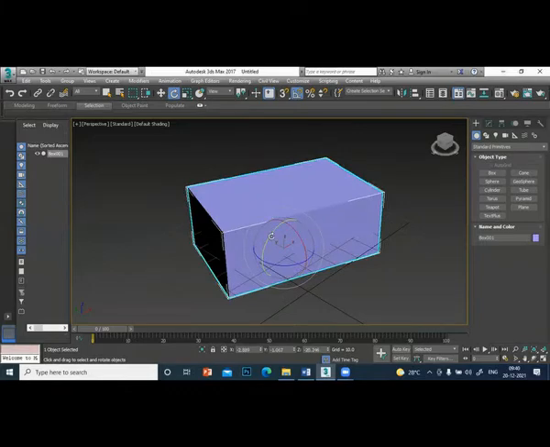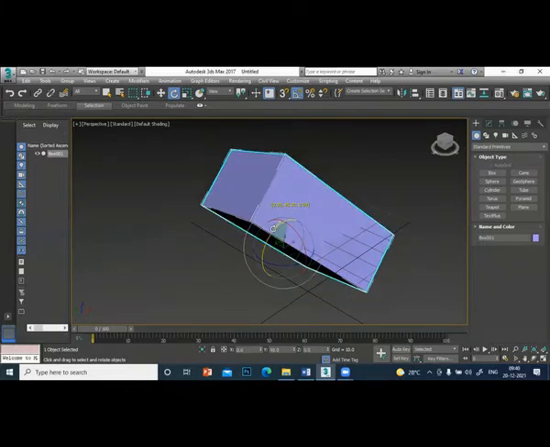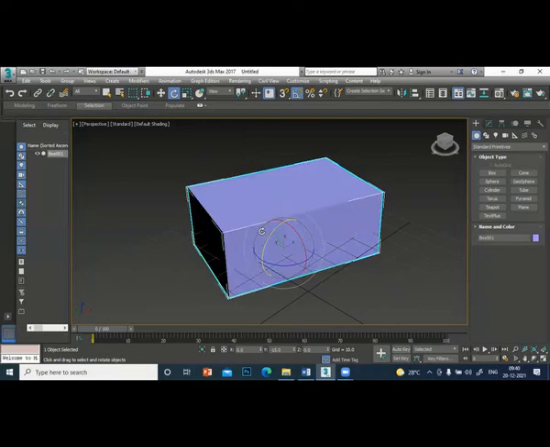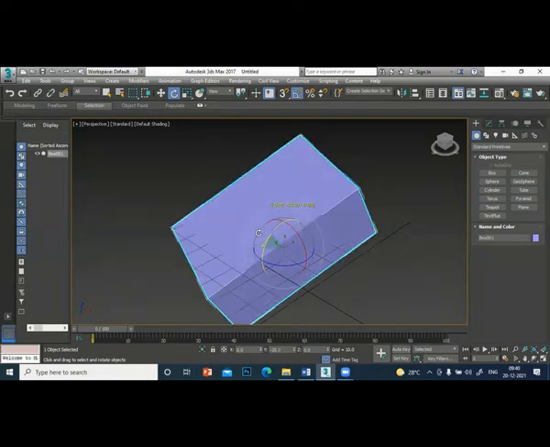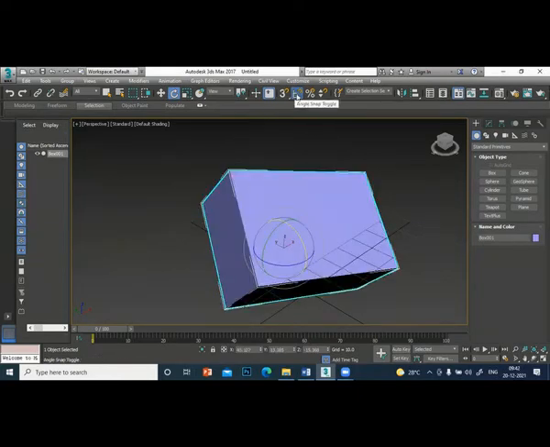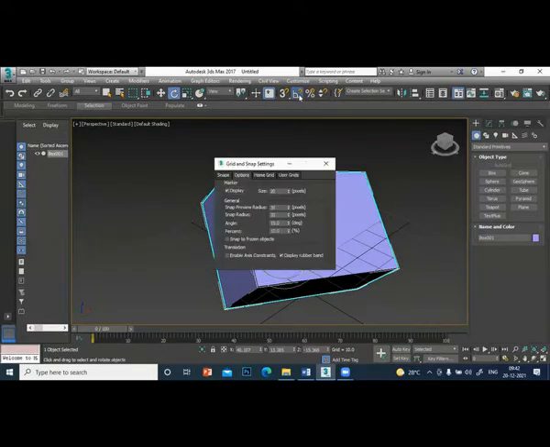You can rotate in the y. Now you'll see only the y direction. You see the y direction, the angle. Okay, so you can use the angle snap button to fix your angle. So right click this, type the angle whatever you want, and turn it on. That's how you fix the angles. I hope you got some idea about the rotation.